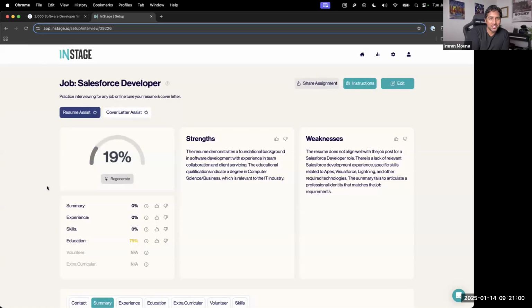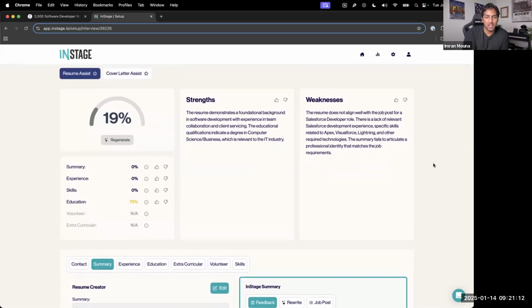All right, so what you're going to see here is essentially a score for how well the student's resume matches that specific job. And in this case, we have a little bit of work to do. We only have about a 19% match. So what we're going to see right off the bat is a high-level overview of the strengths and weaknesses of this resume. So, for instance, my resume has a foundational background in software development, some educational qualifications that line up